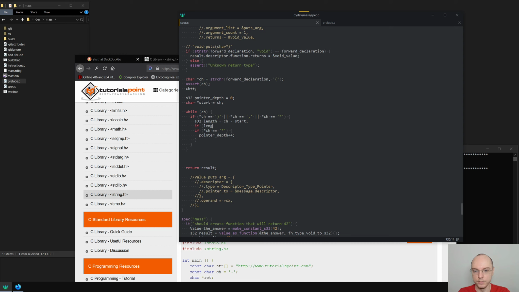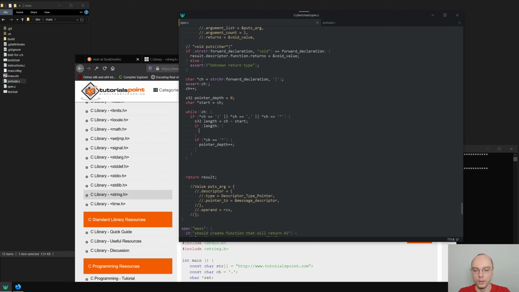So we say if length, then we need to say char star type is malloc size of, no, malloc length plus 1, and plus 1 is for our 0 character end. Then we do